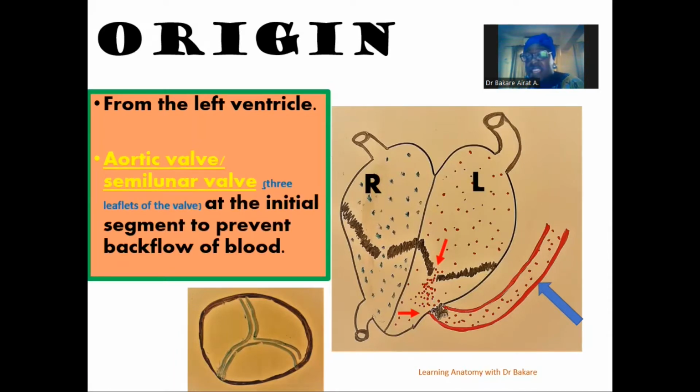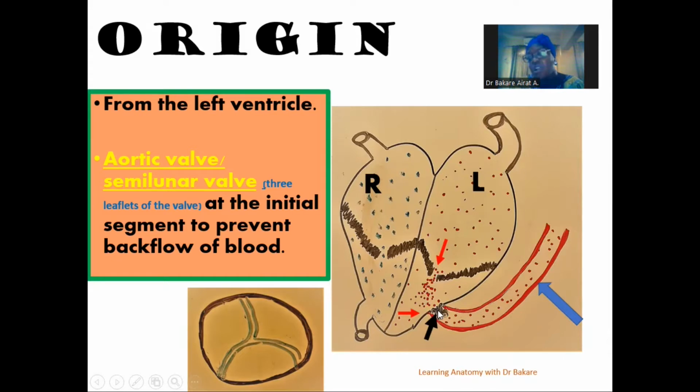To drive in more on the origin, just at the region where it emerges from the left ventricle, we have the aortic valve or semilunar valve. And this is what is presented in this image down here. So it's like a three-patterned leaflet configuration. And what it does is that as blood enters or flows through the aorta, it closes up and it tightens up against each other. What the aortic valve or semilunar valve does is to prevent backflow of blood into the